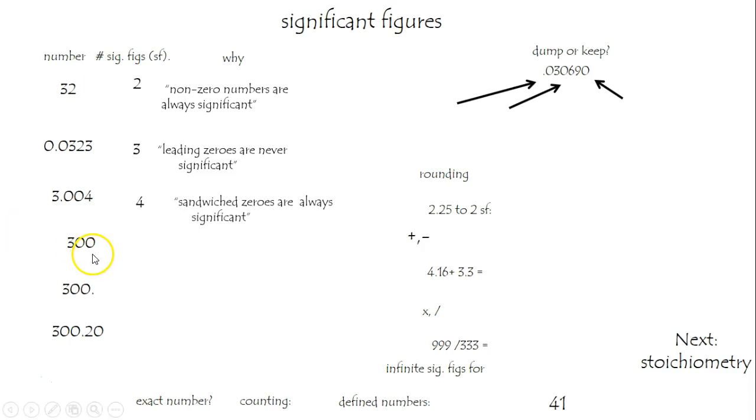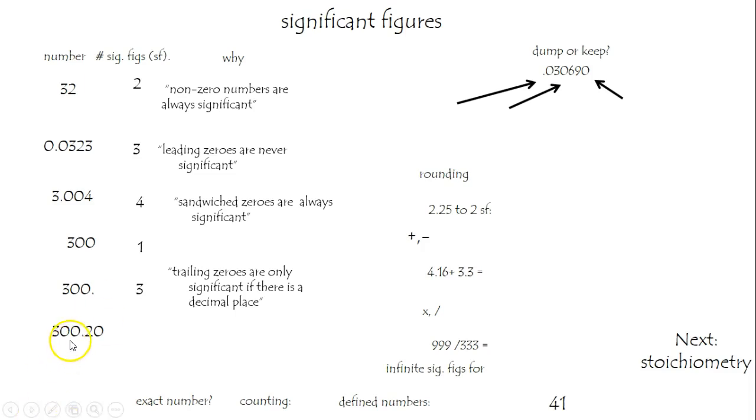Here's a number that has trailing zeros and no decimal point. The rule is that they could be counting by hundreds, for example, and it's a bit of an arbitrary rule, but this is said to only have one significant figure, meaning that trailing zeros are only significant if there's a decimal place. Based on that rule, this one does have it. We assume they're counting by ones, and we say it has three significant figures.